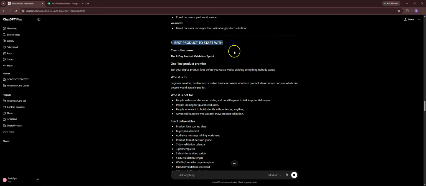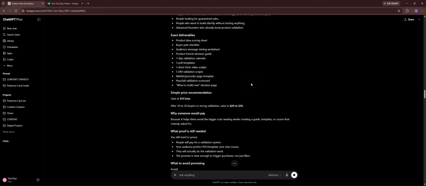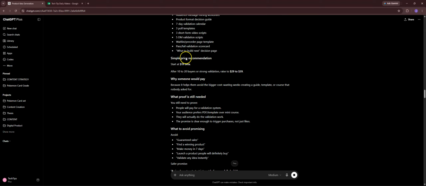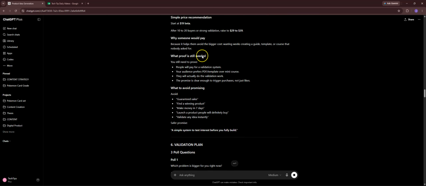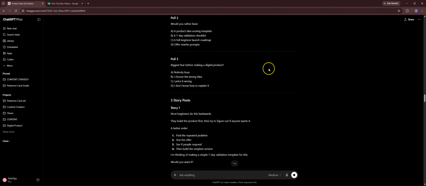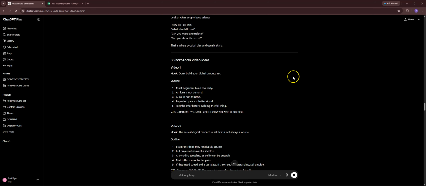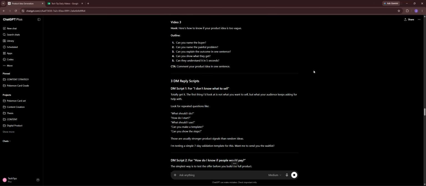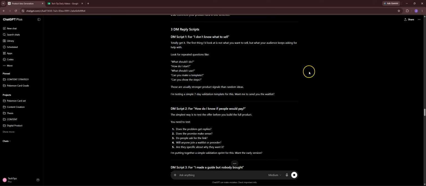And then it tells us what's the best product to start with. It gives us the 7-day validation sprint, which we just saw. A 1-line product promise: test your digital product idea before you waste weeks building something nobody wants. Who it's for, who it's not for, the exact deliverables we'd be providing, a simple price recommendation, and then basically what proof is still needed and everything about this little product that we'd be creating, as well as polls, stories to utilize, content creation concepts, literally videos that we can make to promote this, different DM scripts that we can